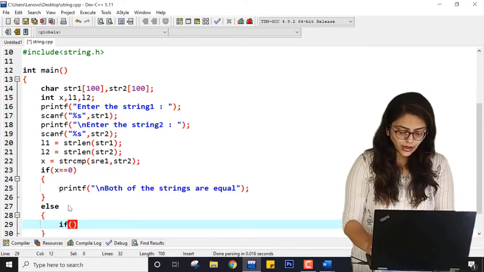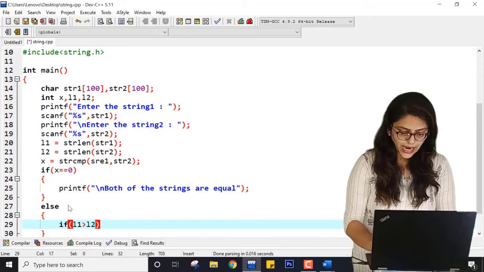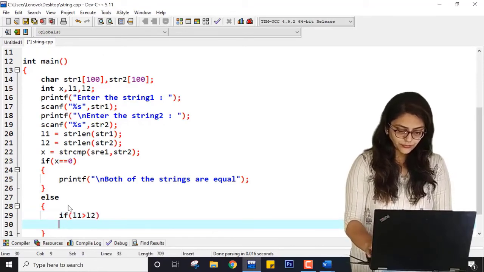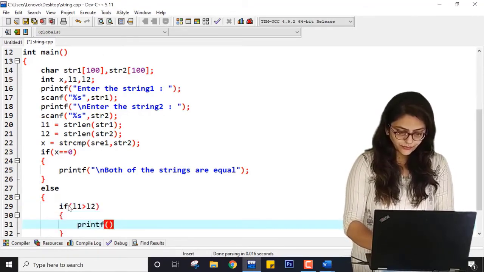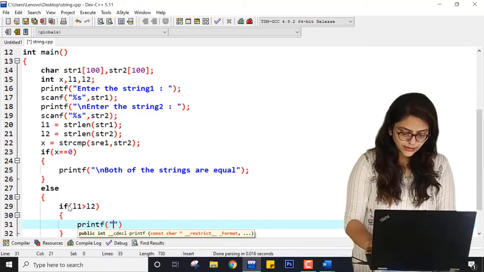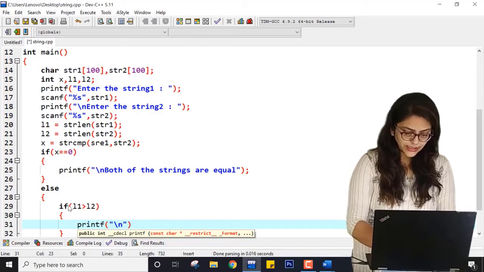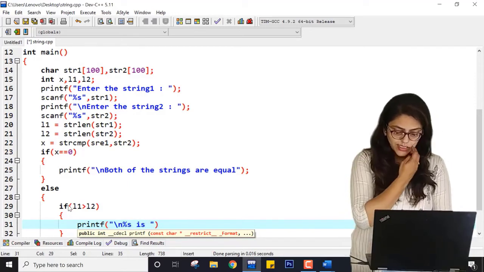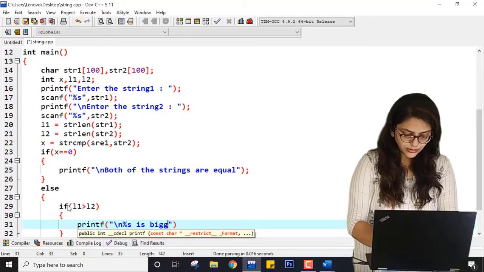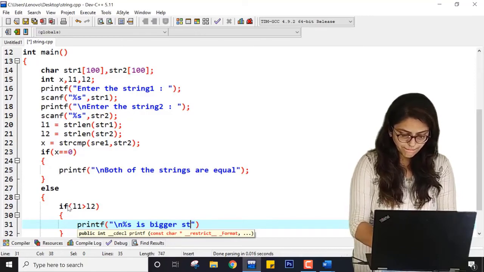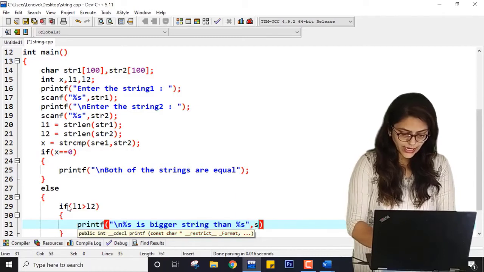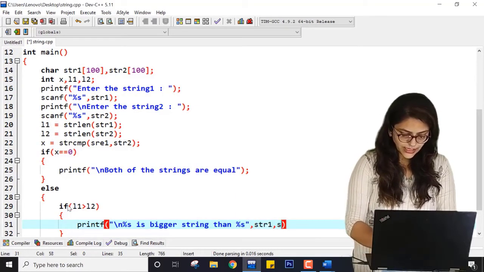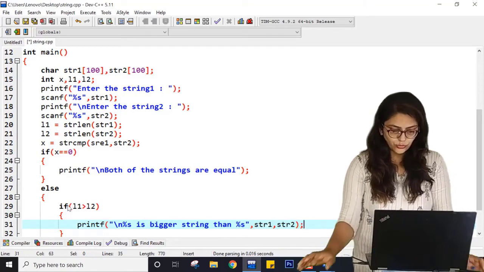So I am again comparing: if L1 is greater than L2, then printf \n, str %s is bigger string than %s, and here it will be str1 and here str2, right?